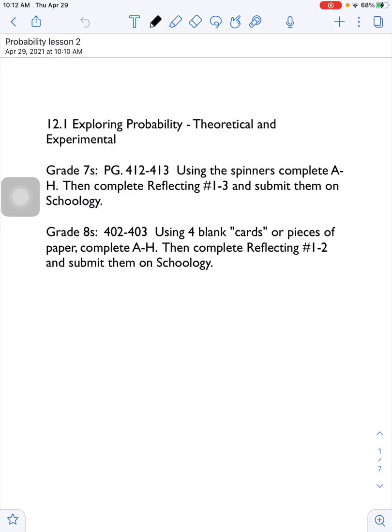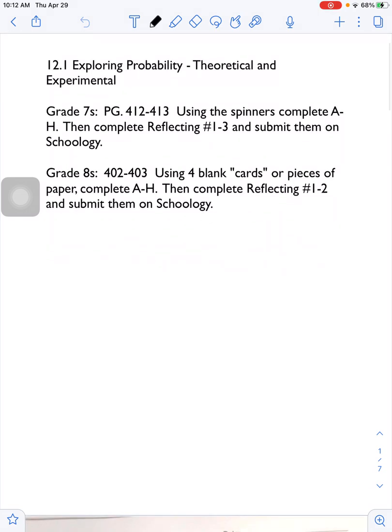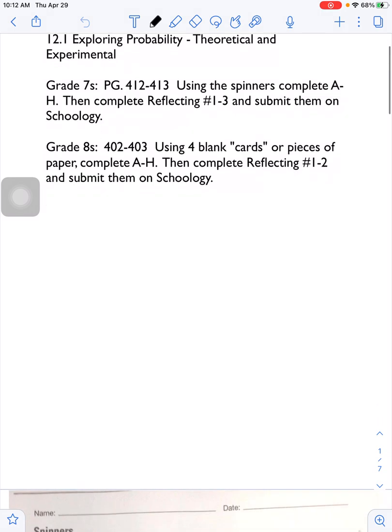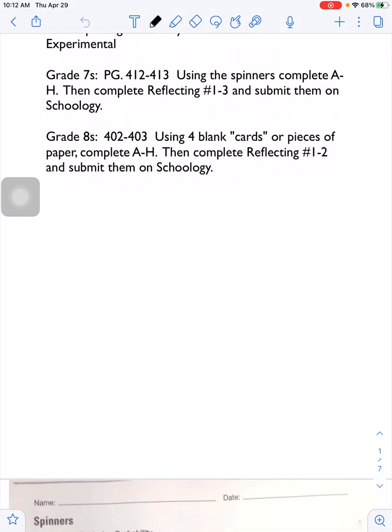I'm going to just give you a little tutorial on how to do the steps for 12.1, which you're working on today. So we're looking at experimental probability in this one. We're gonna use a spinner. I've put a link to wheelofnames.com, and you can create your own spinner there. And then we're going to do steps A to H, and then you'll be submitting the reflecting questions to a different Dropbox